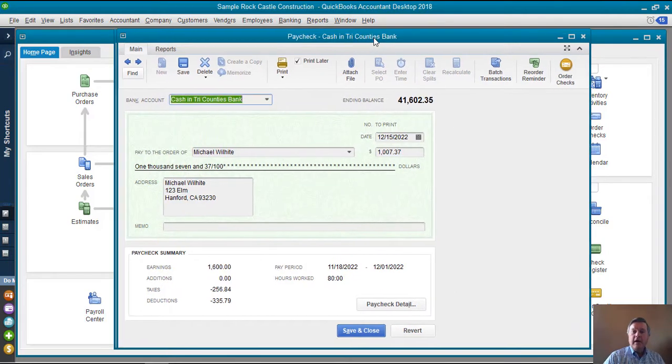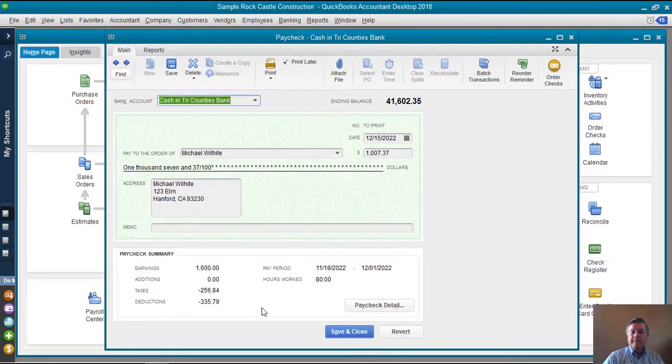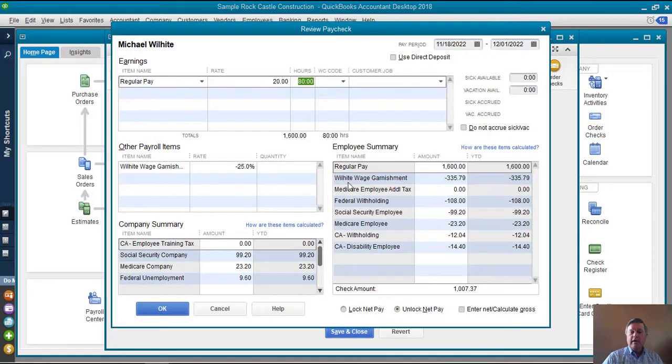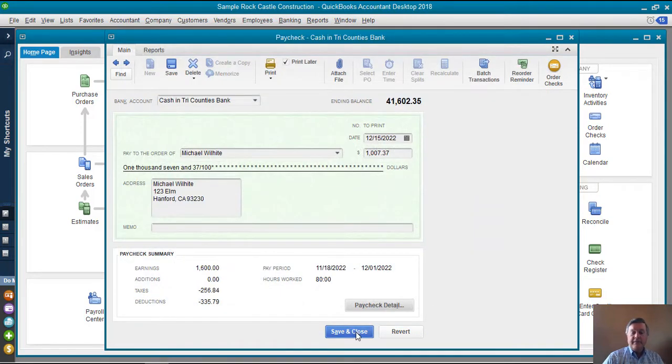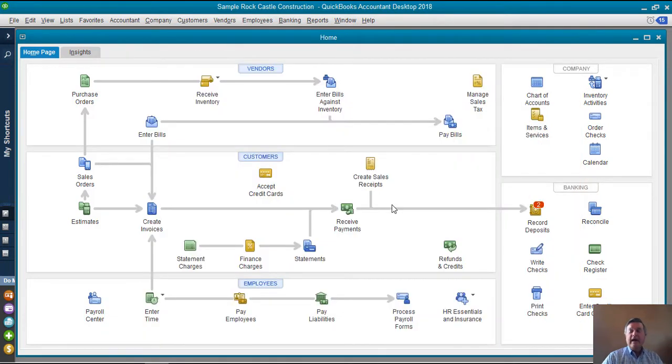Here is the paycheck for the employee that got the deduction. If we were to look at the detail of the paycheck here, you'd see the wage garnishment deducted, $335.79 right there on the paycheck. So the question is, once that happens, how do you pay the agency that's supposed to get the wage garnishment? If I go to the payroll center,